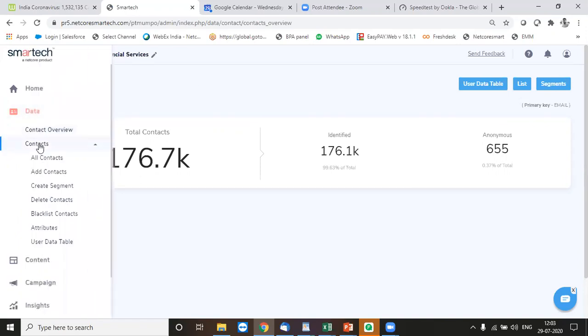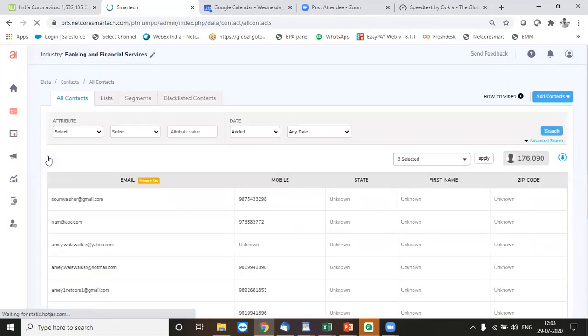Cool. Now, let's see what the modules in the database structure are. We go back to the contact system over here, and here we can see all contacts. All contacts is basically a database structure which includes all the groups, lists, segments, blacklisted contacts, and your master list itself.